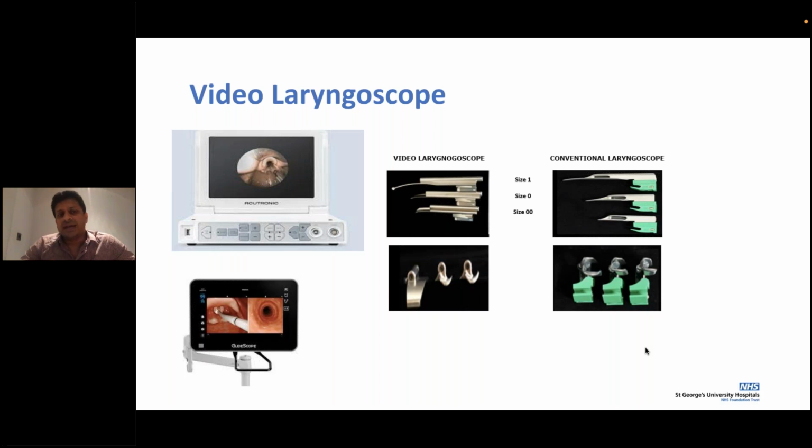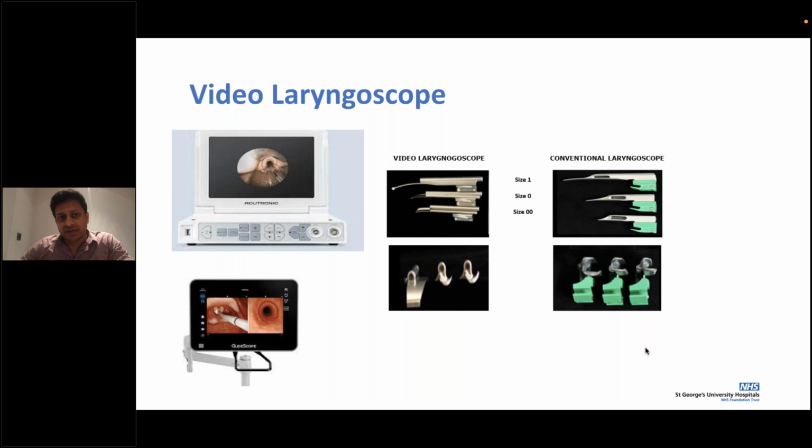Now, there has been a lot more use of video laryngoscopes, and we found at St. George's a great use for them in teaching and training, so we've actively started encouraging trainees to use the video laryngoscope. But the downside is that when you go to a unit which doesn't have a video laryngoscope, you haven't had ample practice with the traditional way of intubating and ventilating. So experience with both is absolutely essential.